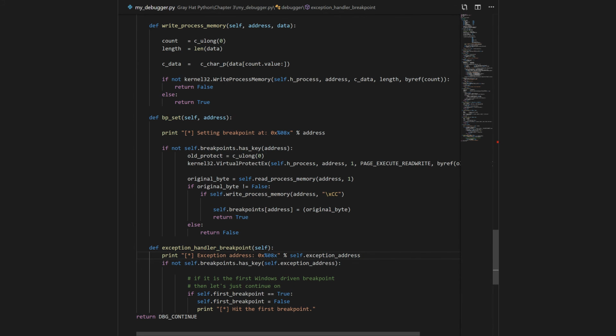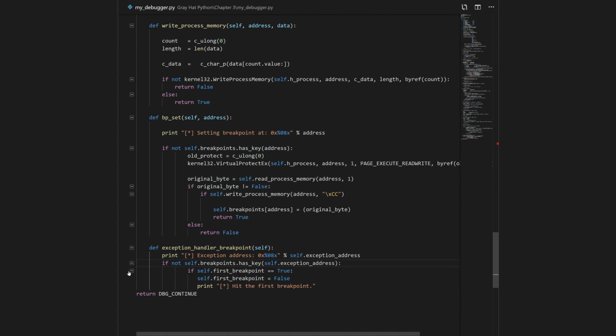And so then print the exception address, and this is going to be the exception, if not self breakpoint, and then put the key in for the exception address. And then this will look for the first breakpoint that we're allowed to go into. If it is a first Windows driven breakpoint, then let's just continue on. Yep. And so then it'll say true, otherwise it'll say false,